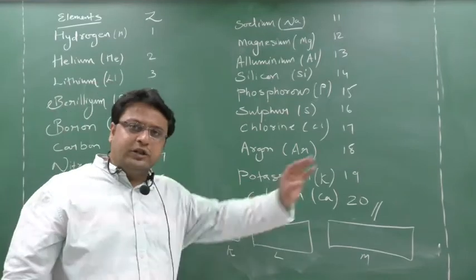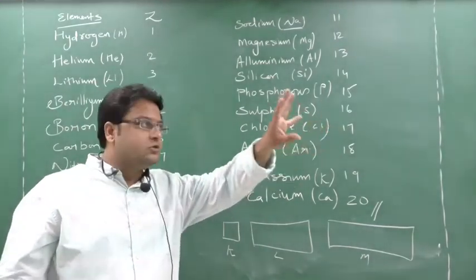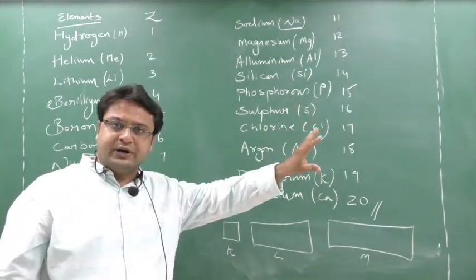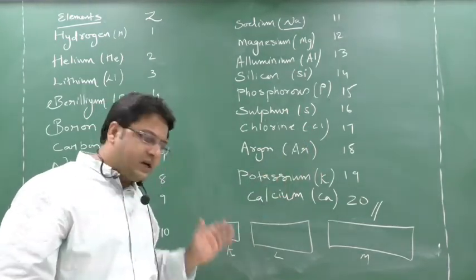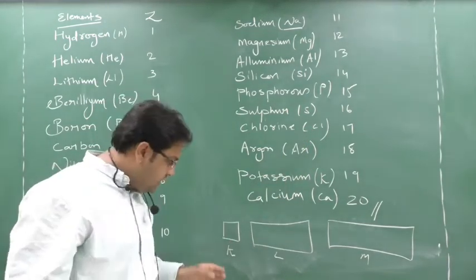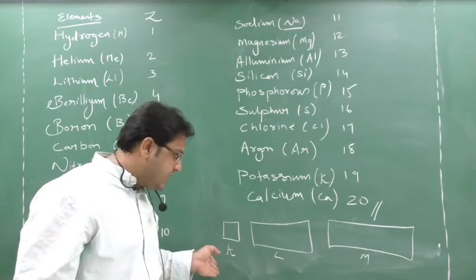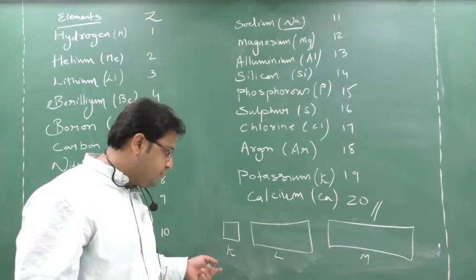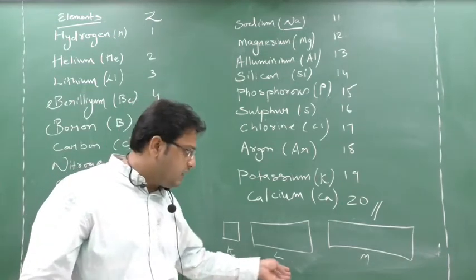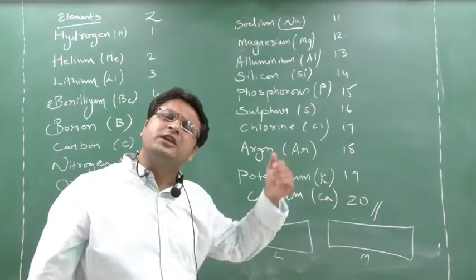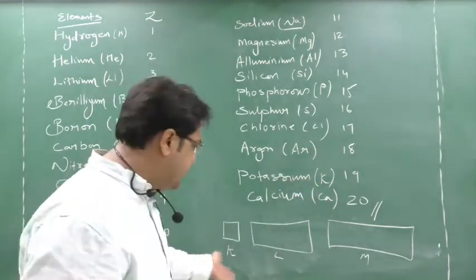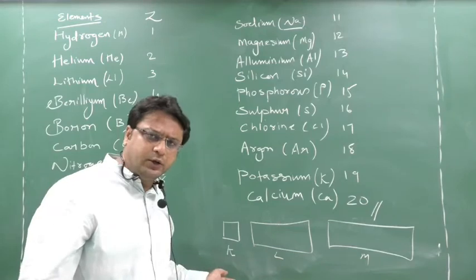In a hotel there will be room numbers, 201, 202, 203. But this person is a bit of a mental fellow, so instead of keeping numbers, he has kept letters. So the first room is K, the second room is L, the third room is M, then N, then O. I will tell you what K, L, M, N mean. These are nothing but shells.